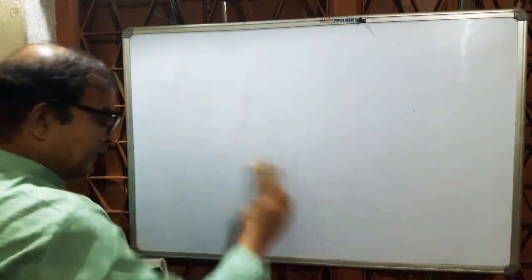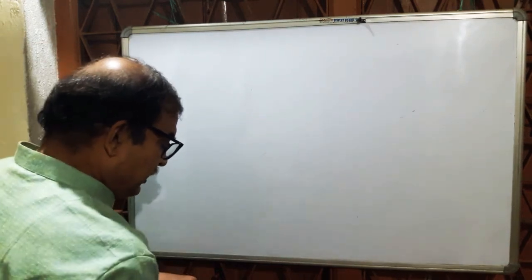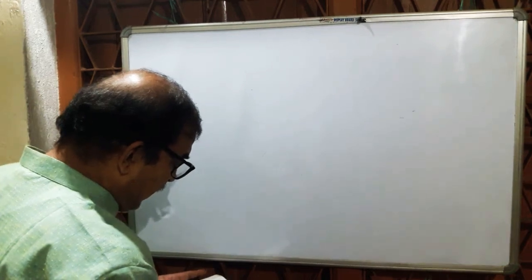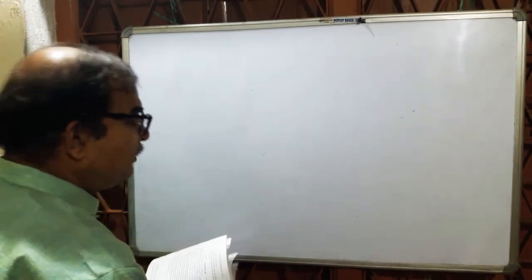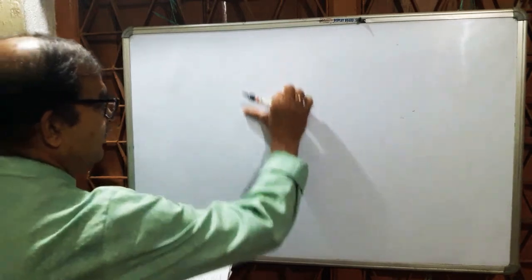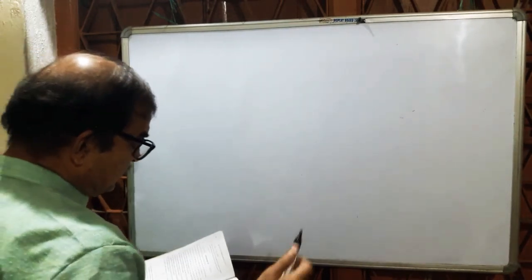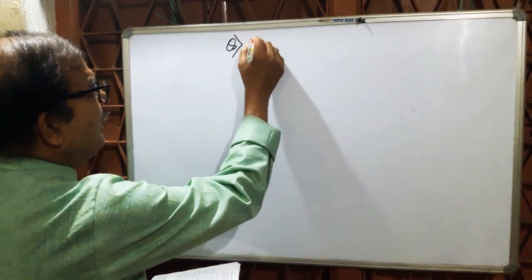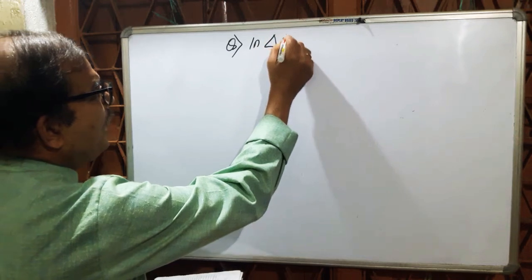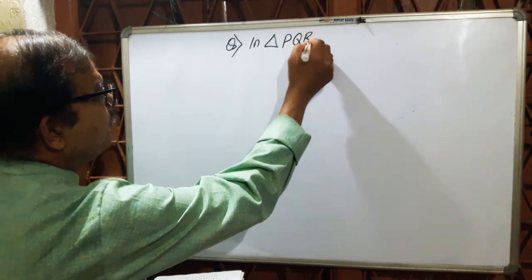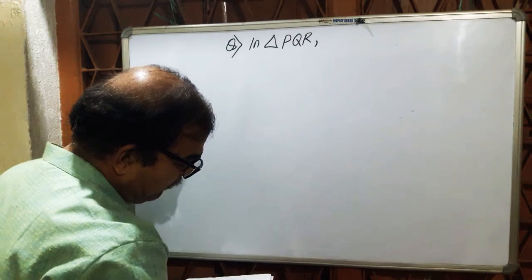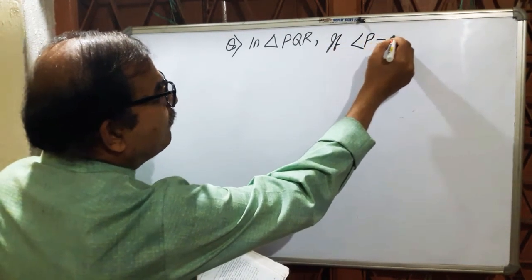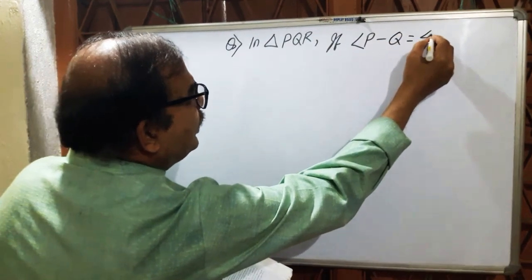Now this question says, in triangle PQR, angle P minus Q equal to 42 degree